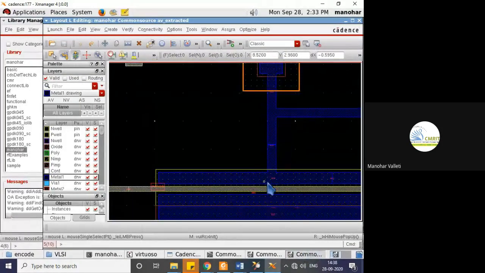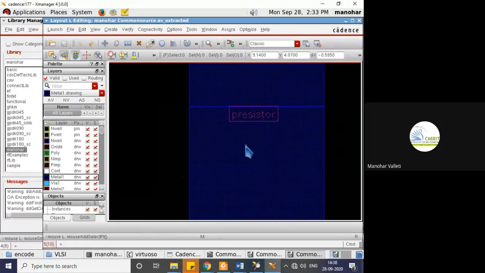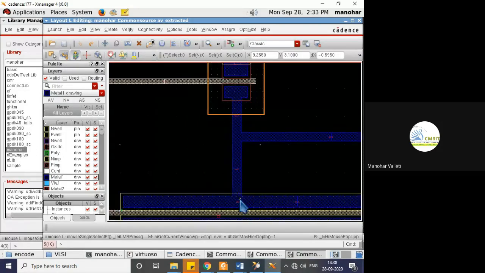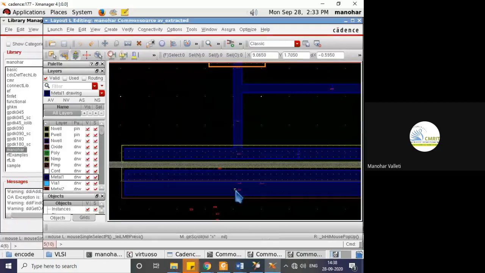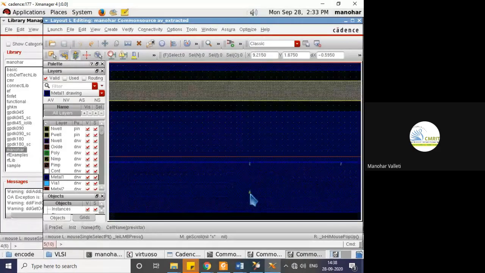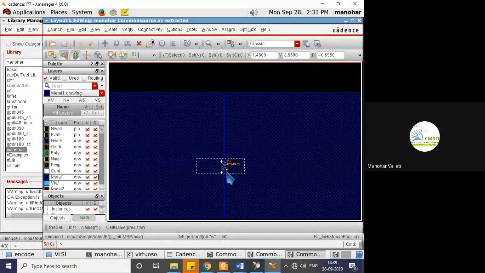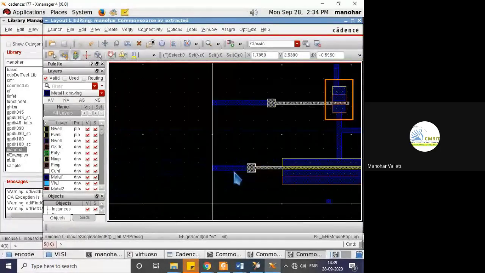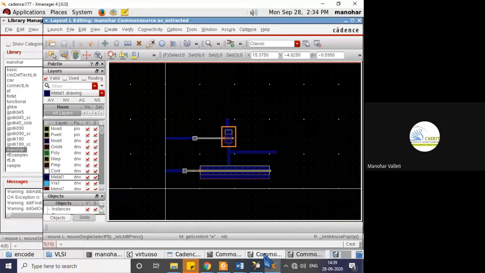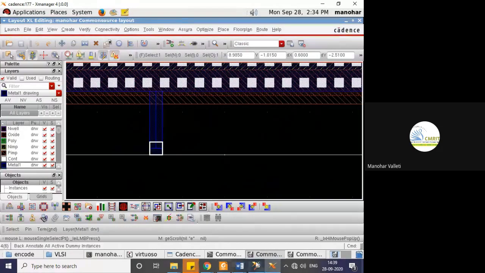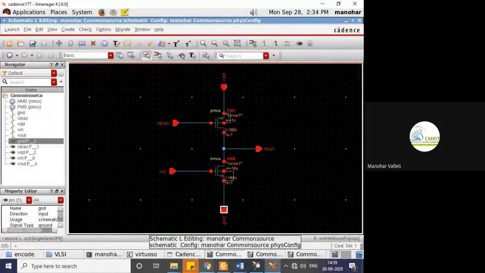You will see each and every material's resistance and capacitance it will show. In this av extracted file, each layer's resistance and capacitance it will show, whether it is an internal material, that is the NMOS materials, or external materials to connect the NMOS and PMOS. So these are the things you need to check for the layout of the common source amplifier.